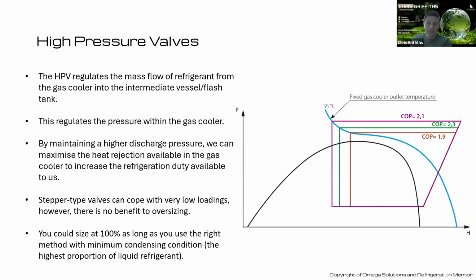So in more technical terms, the high pressure valve regulates the mass flow of refrigerant from the gas cooler into the intermediate vessel or flash tank, regulating the pressure in the gas cooler. And then on the right-hand side, this very helpful diagram from Corel's literature shows as we lift that discharge pressure, so our horizontal line at the top, say we were at 75 bar, 80 bar, 85 bar, you think, well,